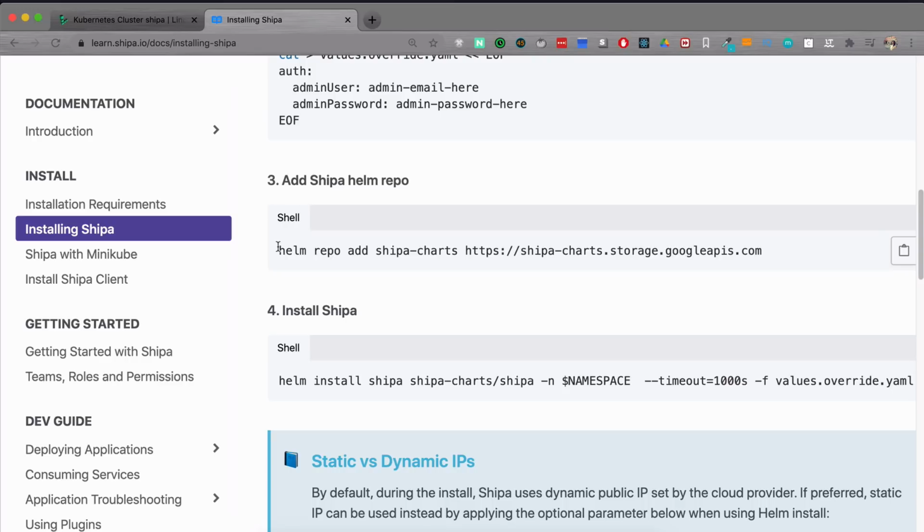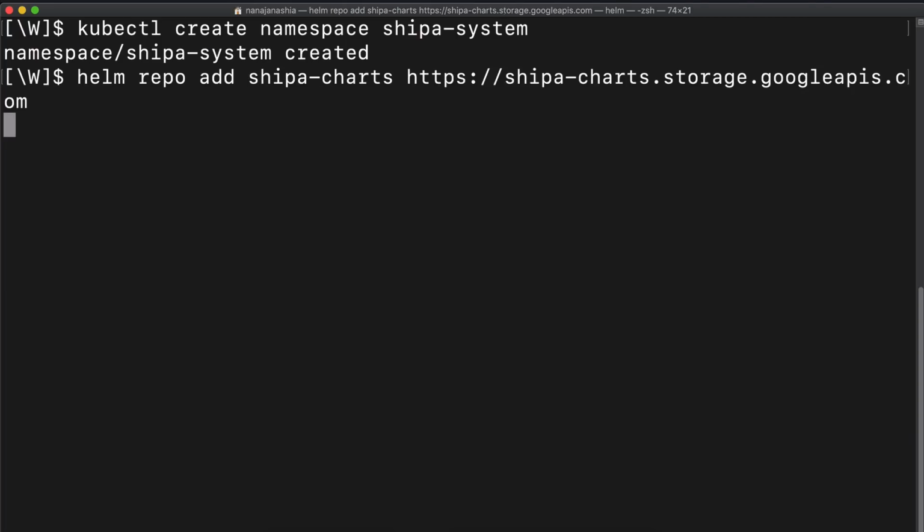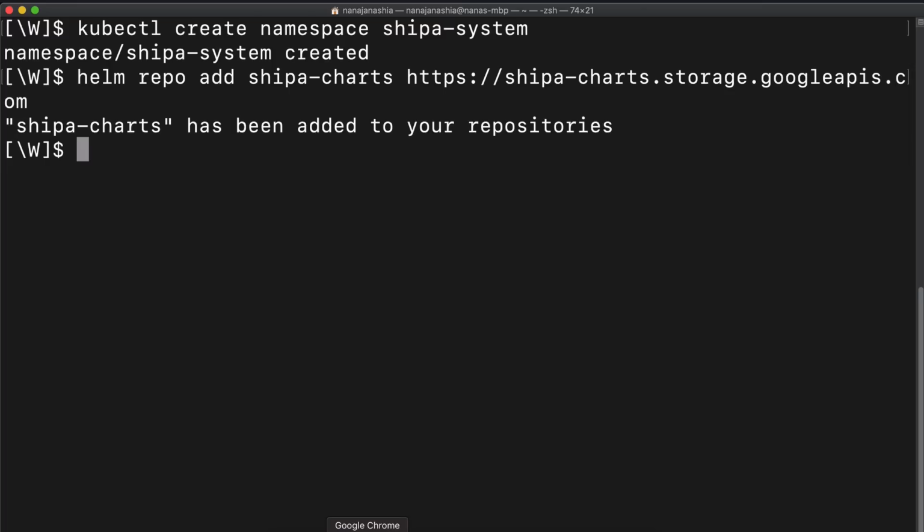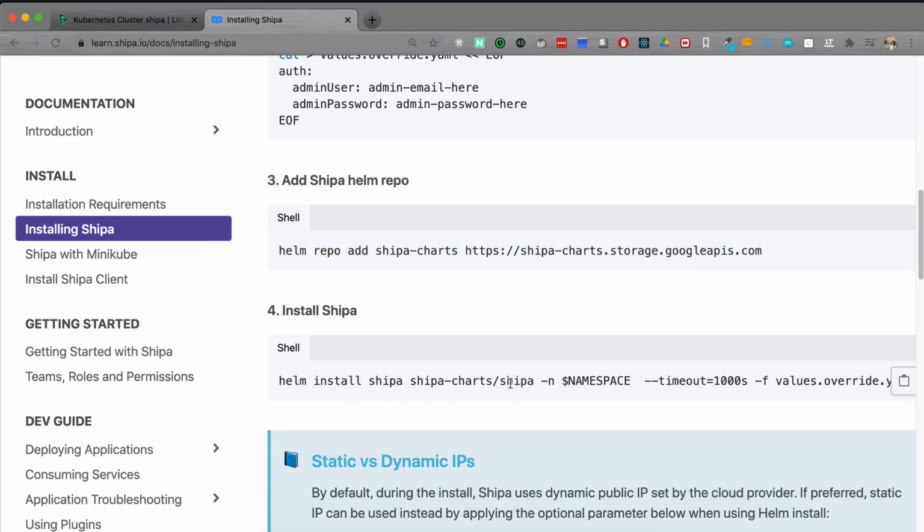For that, we have to first add a repository where the chart is. So this adds the Helm repository. And now from that repository, we can install the chart. This is the chart name. And as you know, when we install Helm charts, we can override some of the values in the chart, right? Using a values.yaml file. And we're gonna need to override just 2 values, which are gonna be username and password.